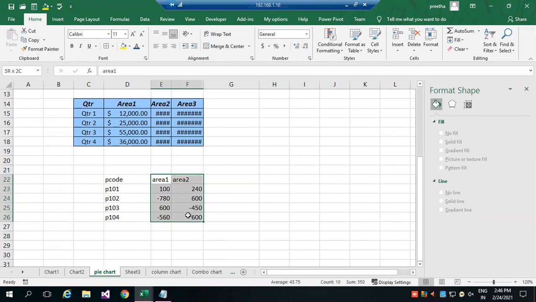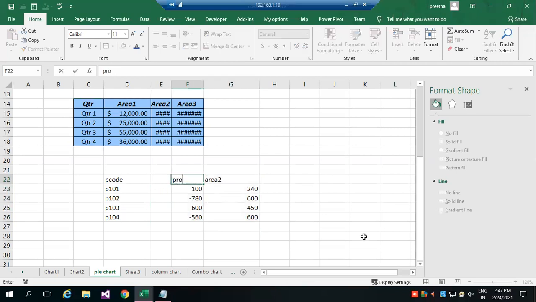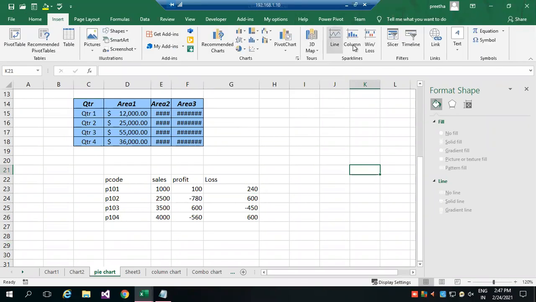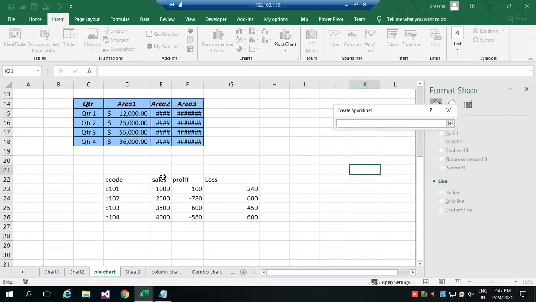I'll just shift this data. So insert win or loss, data range.